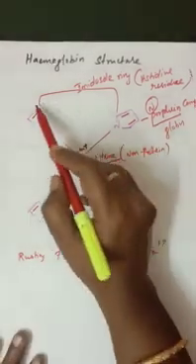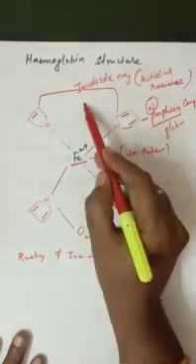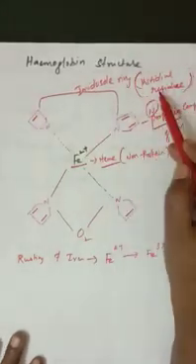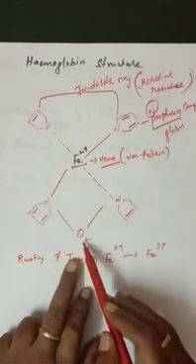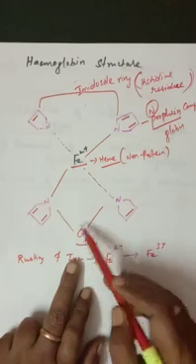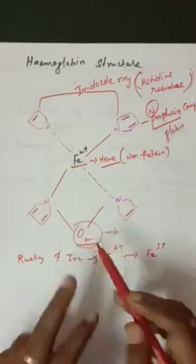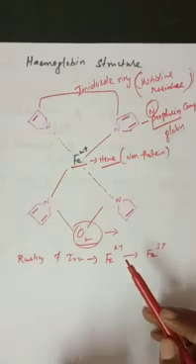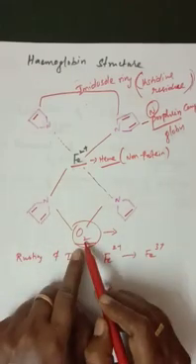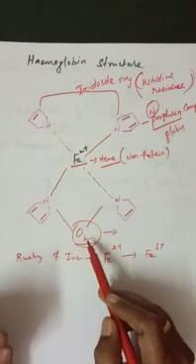In the fifth position, an imidazole ring is present. This is also one of the histidine residues. And in the sixth position, oxygen is binding. Here the transport of oxygen as well as CO2 takes place. When you are inhaling, oxygen binds in the sixth position of hemoglobin. When we are exhaling, the carbon dioxide is released.